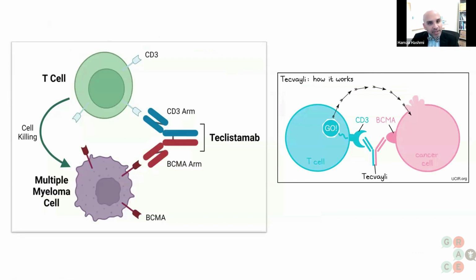Teclistamab is a bispecific T-cell engager. This is a drug that has two arms, and with one arm, this drug actually binds the T cell. With the other arm, it binds the myeloma cancer cells. It brings them together, activates the T cell, and allows it to actually kill the myeloma cancer cell. Contrary to the CAR T cell therapy, this is a continuous therapy where the treatment has to be given every week to the patient and has been found to be very effective in clinical trials that I'll be discussing in the next